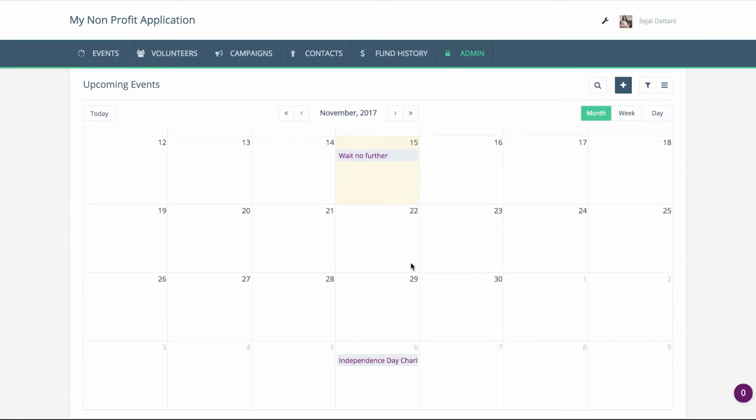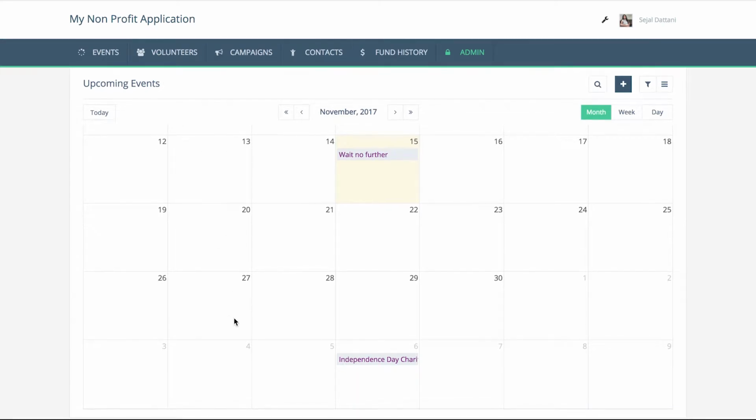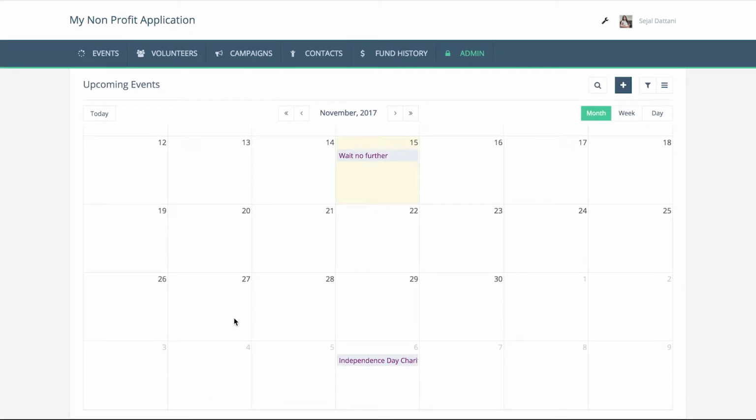And here you can see this is another kind of report called the calendar report. So this report is for displaying all the upcoming events. This report can be shared with your volunteers so they can look at the different events that are going to happen in future. If they are interested in any of the events, they can register right away from the report itself.